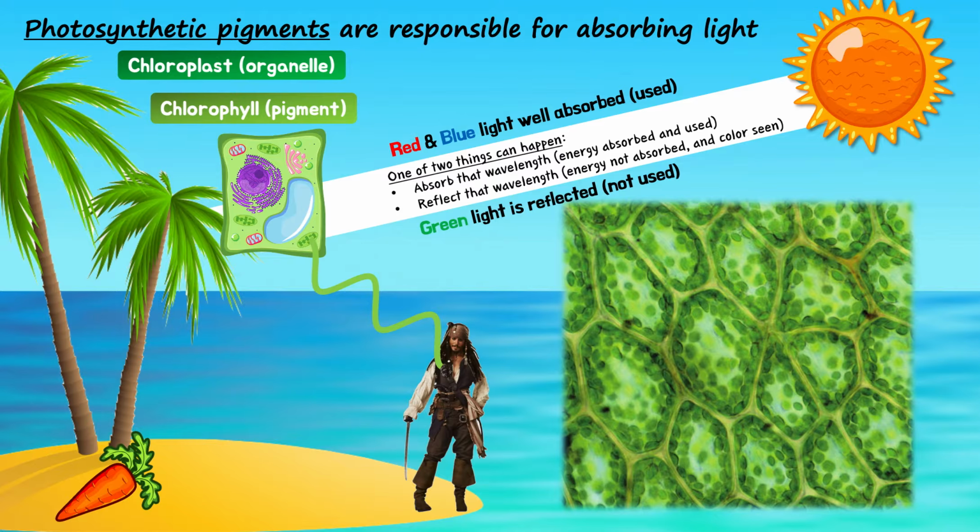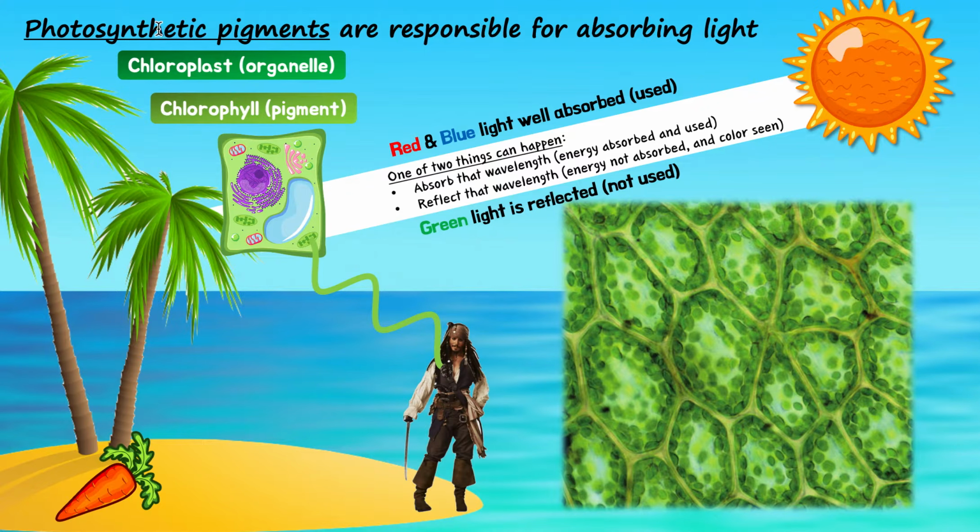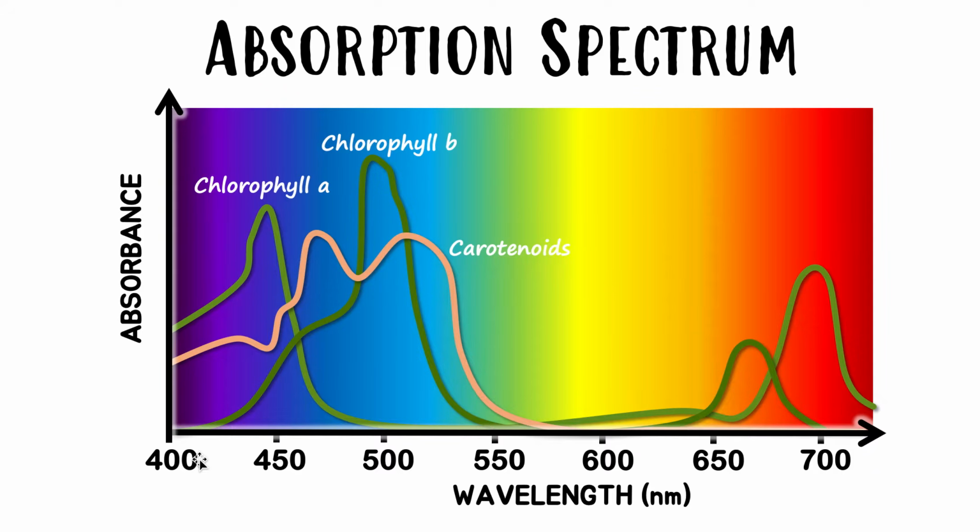Okay, great. So now we're going to look at the actual absorption spectrum. This here is a little graph that shows what wavelengths are the best absorbed by a certain photosynthetic pigment. I told you there are many kinds of photosynthetic pigments. The one we care about most is chlorophyll. It's the most common. So when we look here, we can see the wavelengths 400 nanometers to 700 nanometers. So this would be red, this would be blue, and then there's a whole gradient. And this will be absorbance, so how much they're absorbed.